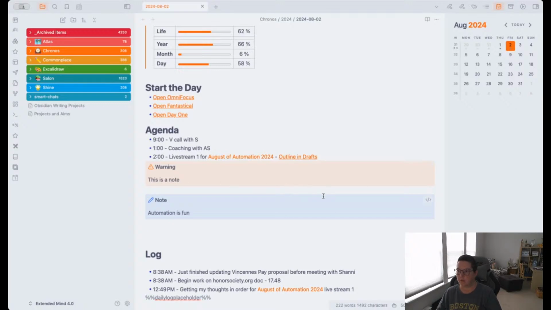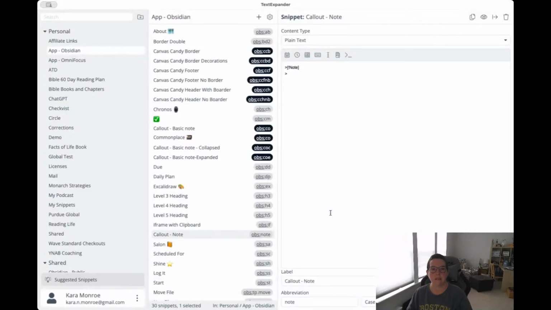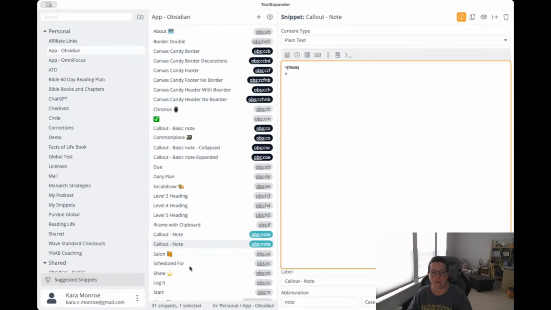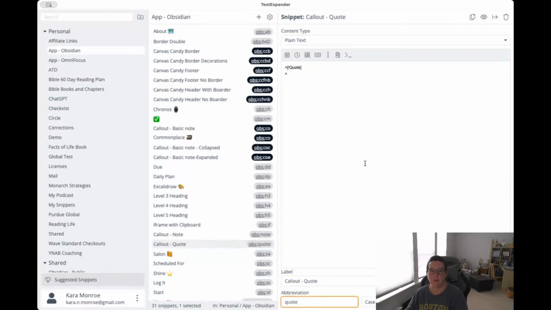So I could do that same thing. Let's bring Text Expander back up here. I could do that same thing multiple times. So let's just show another sort of baby automation, the simple things that make your life easier. And I'm going to duplicate this specific automation. And instead of calling it callout note now, we're going to make this one callout quote. Oops, I hit that. And I'm going to call it quote down here. And I'm going to call it quote here. Okay. So now if we go back over to